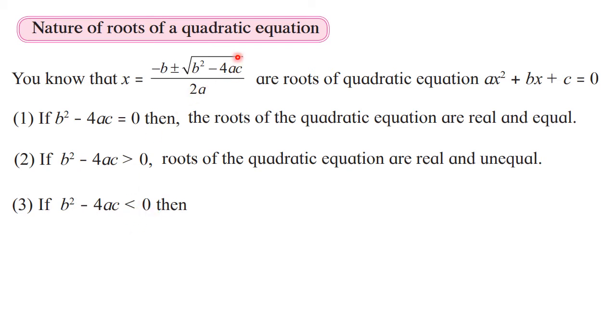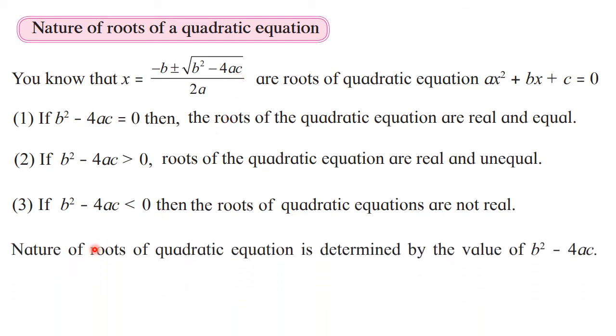So if this value is negative, then you know that square is never negative, so this root will not be a real number. So what we can say is, then the roots of the quadratic equation are not real. So this value, the discriminant, decides the nature of the root. Okay, so what we can say is, the nature of the roots of the quadratic equation is determined by this value,